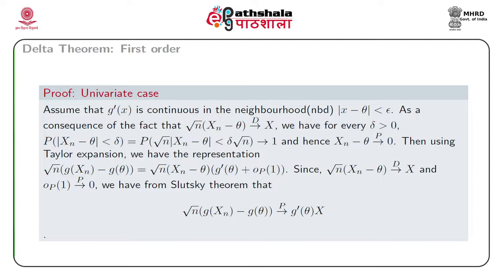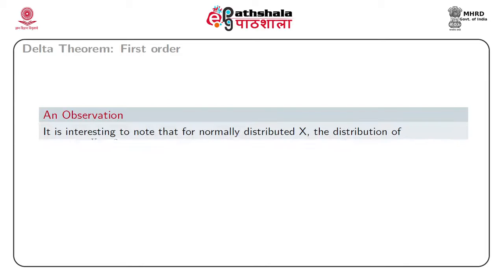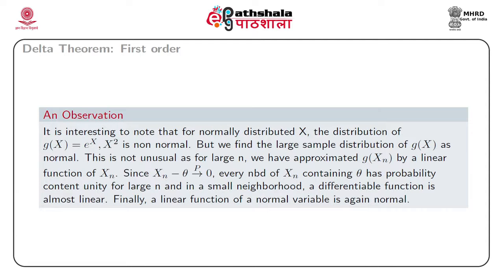So let us quickly observe some points in this proof. First of all, it is interesting to note that for normally distributed X, the distribution of g(X), for example g(X) may be e to the power X or X square, is not normal. For e to the power X, the distribution is log normal, and for X square it is non-central chi-square or central chi-square. But we find that the large sample distribution of g(Xn) is normal whenever the function g satisfies